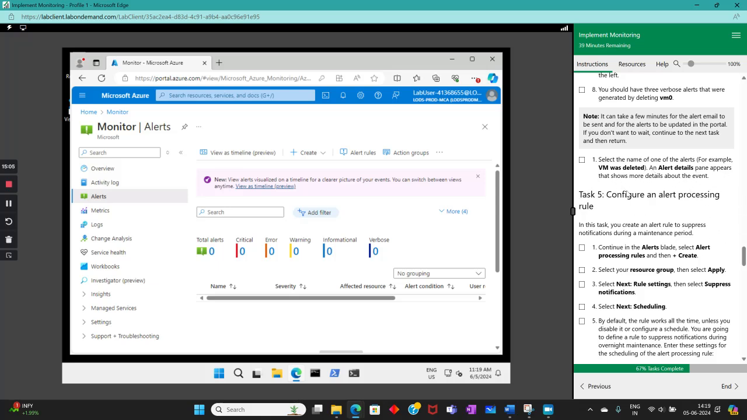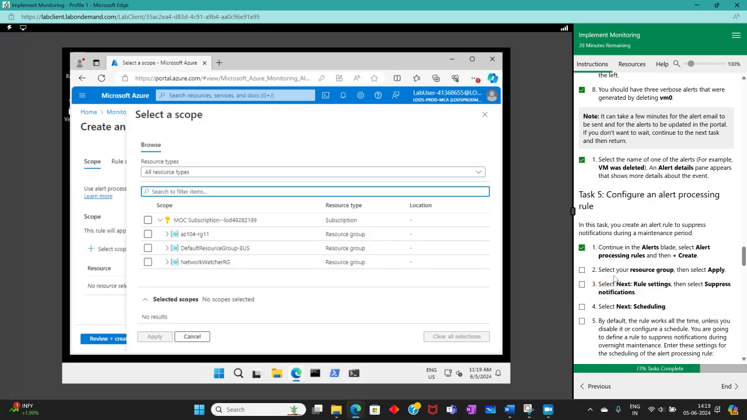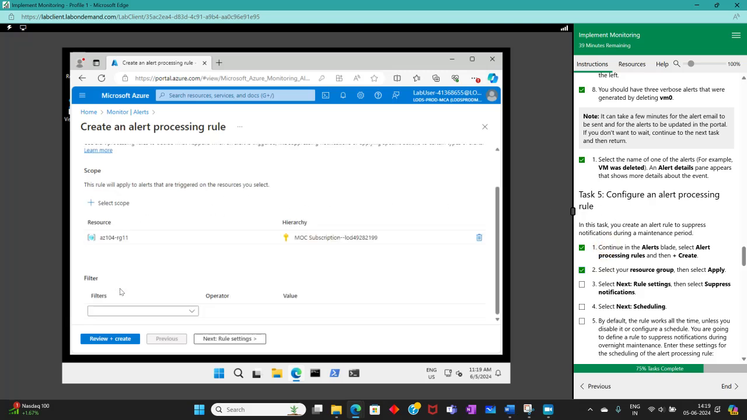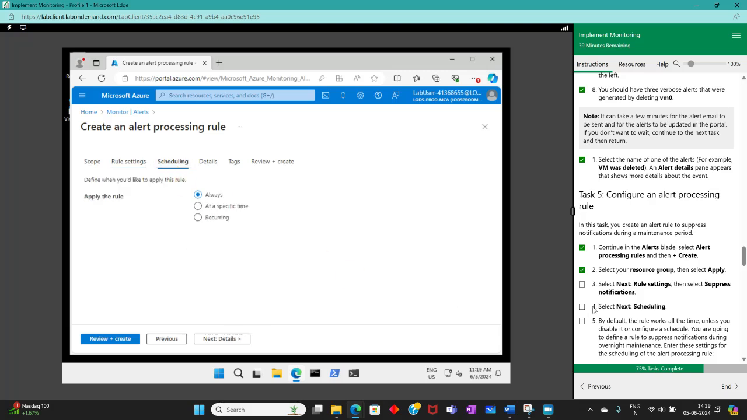So task fifth is configure an alert processing rule. In this task, you create an alert processing rule. Go to the alert blade and select alert processing rule. Rule settings, and then suppress notification. Select Scheduling. Under scheduling,